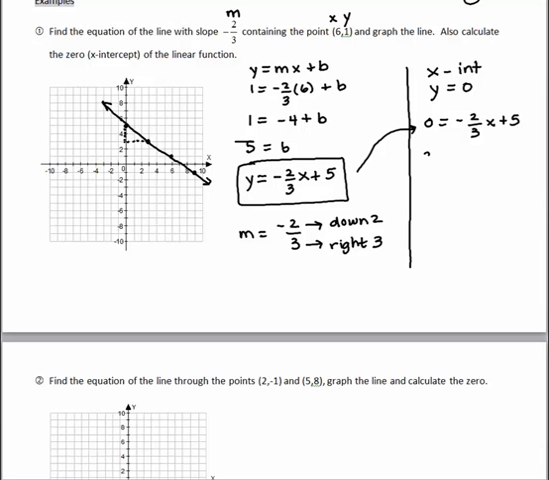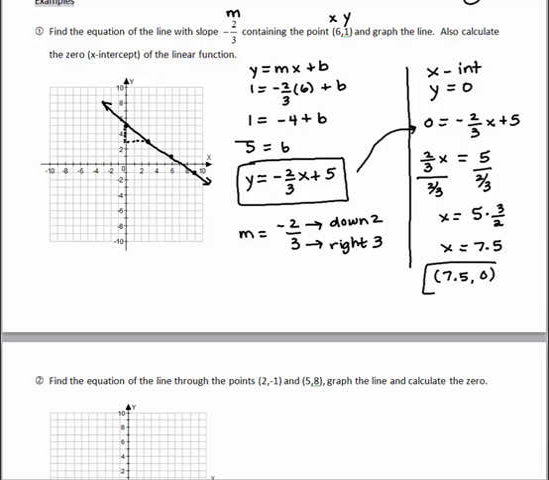I'm going to say if I bring that 2/3 x over to the left side, it becomes positive 2/3 x equals 5. And I'm going to divide both sides by 2/3, which is actually just the same as multiplying by 3/2. So I would get 15/2, or 7.5. That's my 0, my x-intercept,